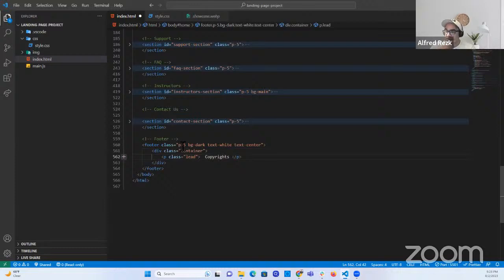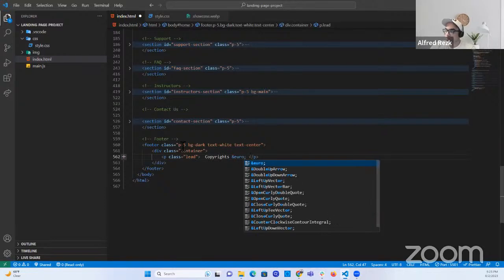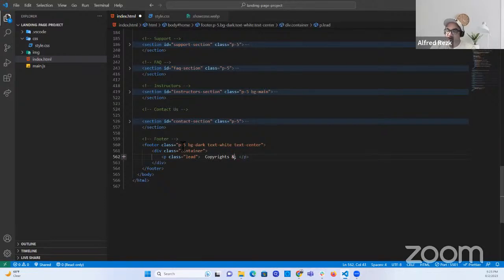In HTML, you can have entities like the copyright symbol by using all the entities start with ampersand and end with a semicolon, and you can have copy entity or euro symbol, or there are multiple symbols that you can use. But I want the copyright symbol entity, and what identifies that this is an entity is the ampersand and the semicolon. So I want the copyright symbol here, and then 2023